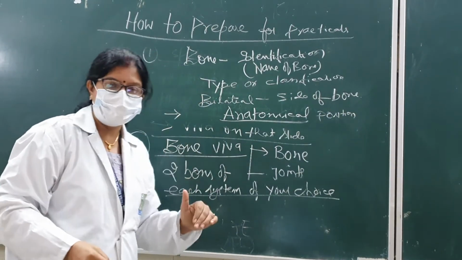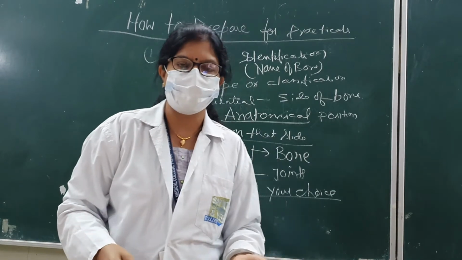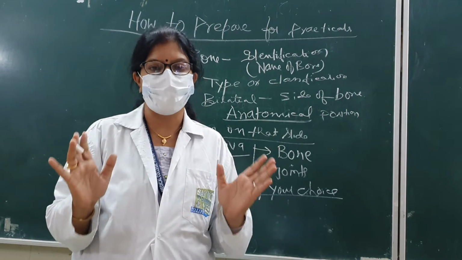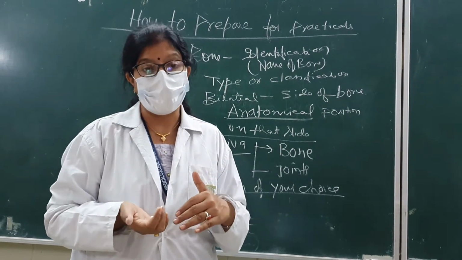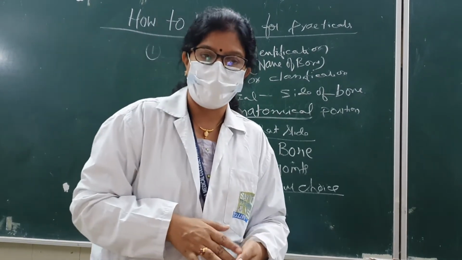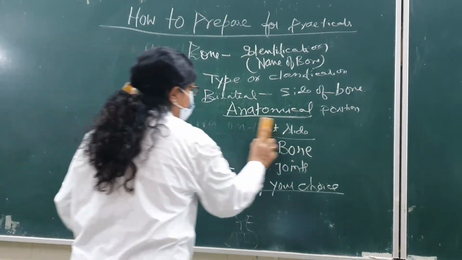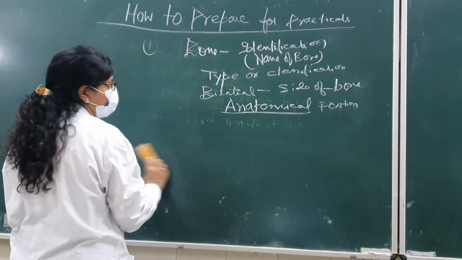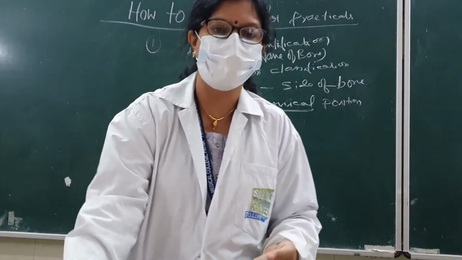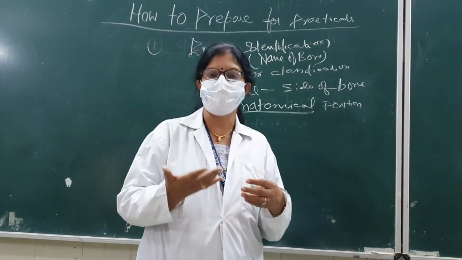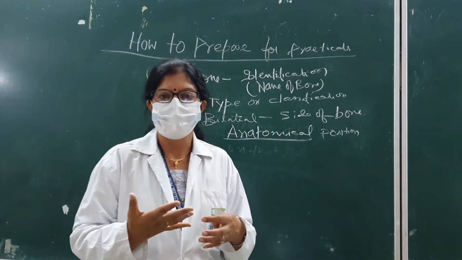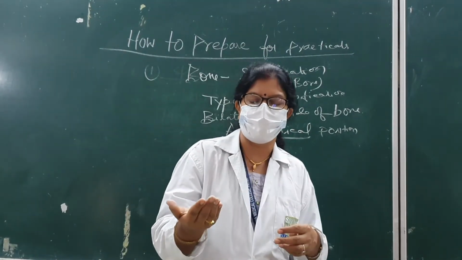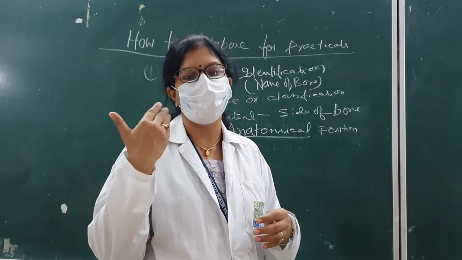After dealing with all this, then you are going to tell about the borders and then attachments. And in the last, if you answer everything, then the examiner may ask you ossification. Or in the beginning itself, if you make some blunders, then they can straight away go to your general anatomy. So it all depends on you, how well you are prepared, how you are answering, how confident you are. So after looking at that, if you give a clue to the examiner, then the next question will be on that.